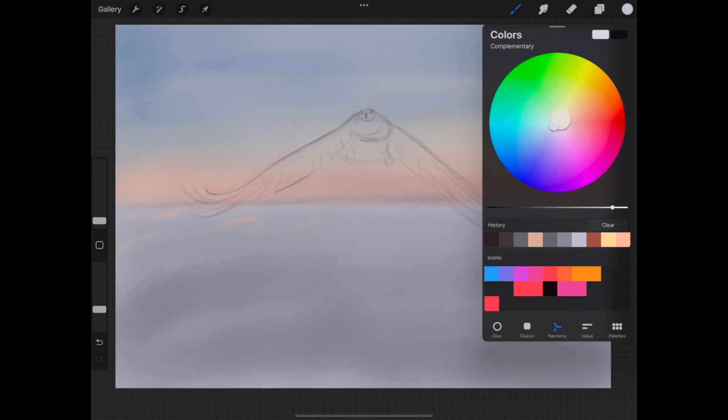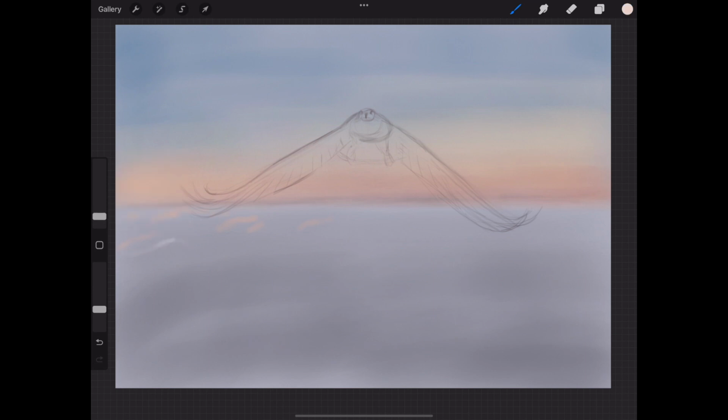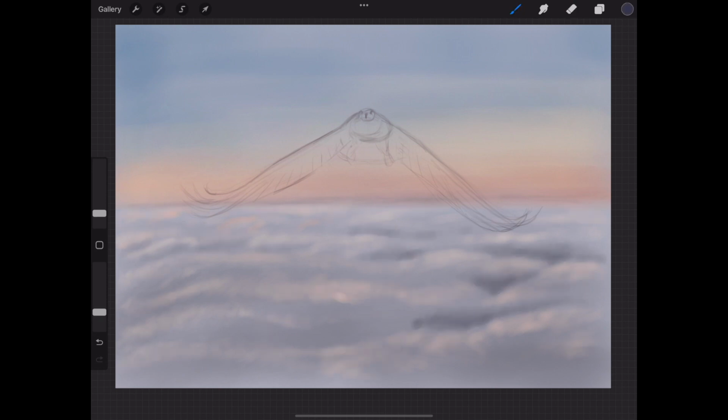Good, and let's go back to the clouds. I'm using the hard blend brush. With it you can achieve a nice softness, like so. But I'm actually doing the whole drawing with that single brush.